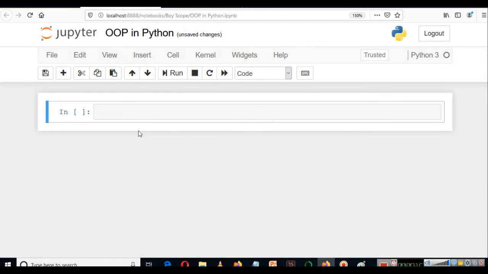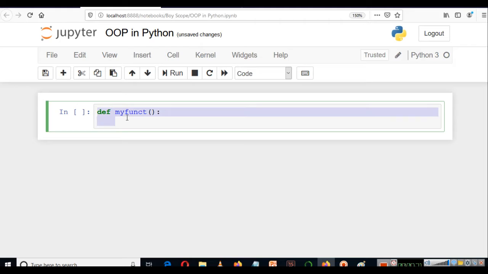When you create a function, you write def and my function, then you write these round brackets, and then you write colon, and then you hit enter and start creating it.